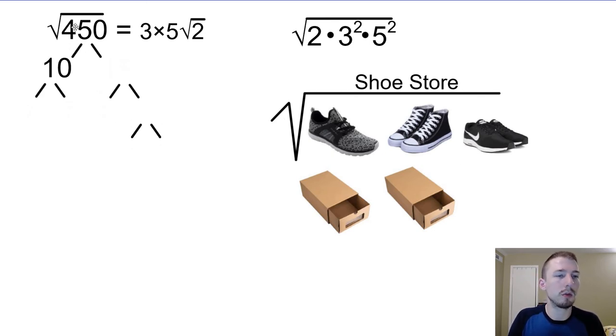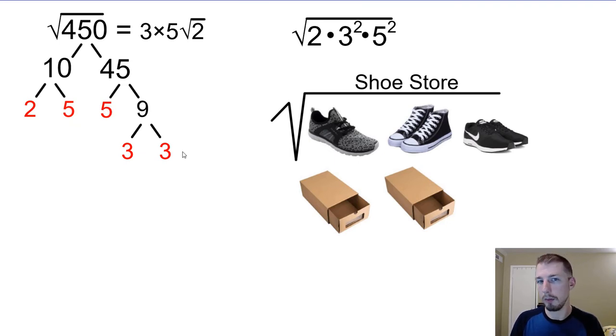Alright, so if I have the square root of 450, I want to break it down to its unique product of primes, and then any even pair of primes I can take out. So that would be 10 times 45. 45 is 5 times 9. 9 is 3 times 3. 10 is 2 times 5. If you notice, the red ones are where I'm stopping because those are prime numbers and they can't be broken down anymore. So just keep breaking it down until you find,